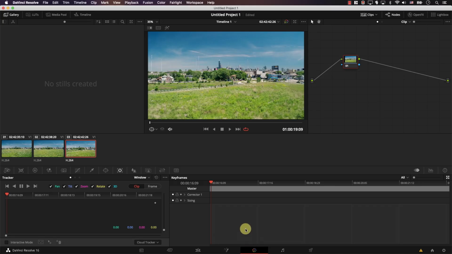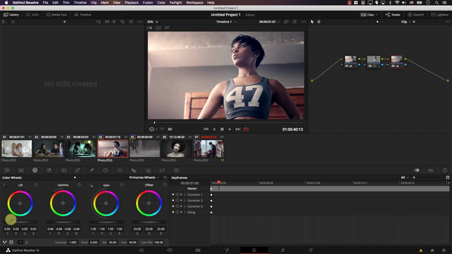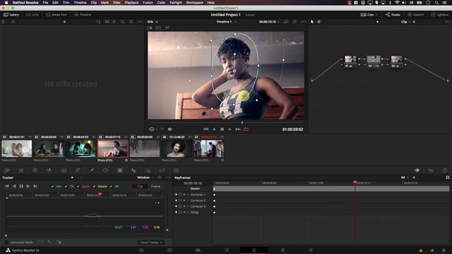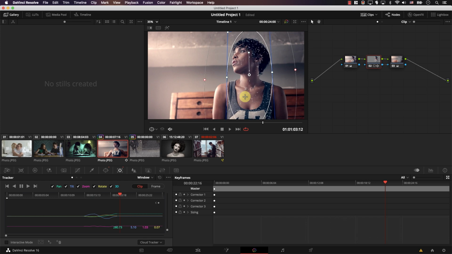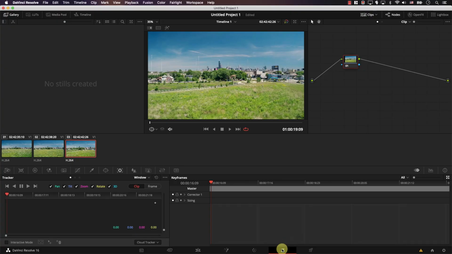The next tab, if we click to the right here, is the color page. This is where you can control the colors of your film. And it has two main functionalities. First, color correction, which is, as we discussed before, making the image look as true to life as possible. And color grading, which is adding a look to your image or changing its colors. And it's simply the Hollywood standard for this work. If you watched a Hollywood film at any time, it was most probably color graded or corrected using the DaVinci Resolve color page. The next tab to the right is the Fairlight tab.